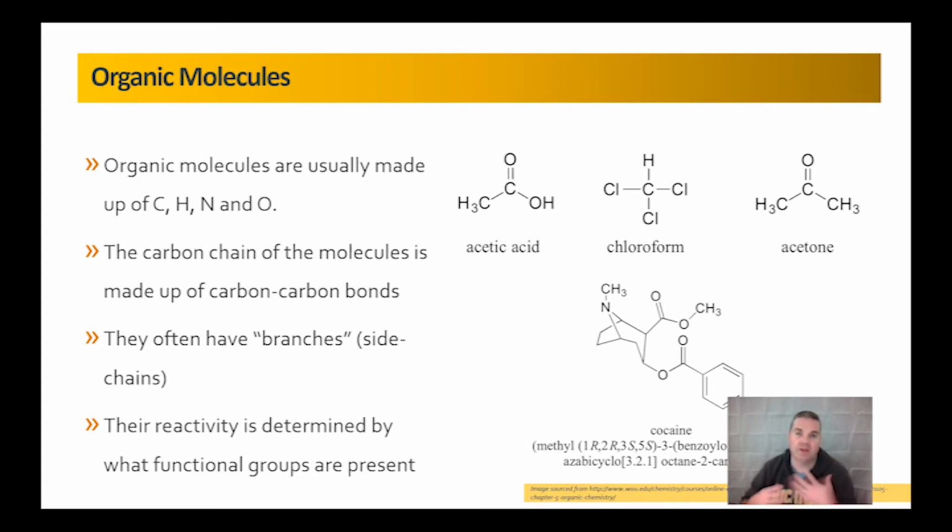Carbon and hydrogen is the backbone. So you'll sometimes hear organic molecules referred to as hydrocarbons, and they form the basis of your organic molecule, and then you put in some reactive sites which are called functional groups. Sometimes they're not just a straight chain, we have side branches as well, and you can just see some different examples here. Here's some of your basic organic molecules, and then you get into more complex